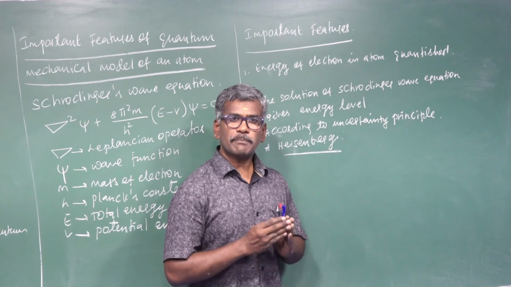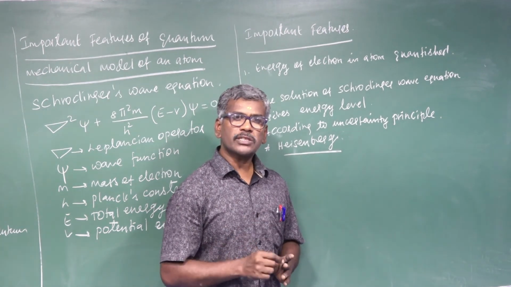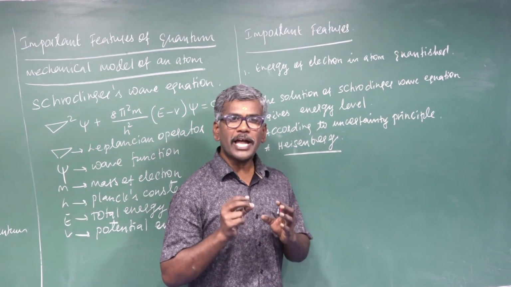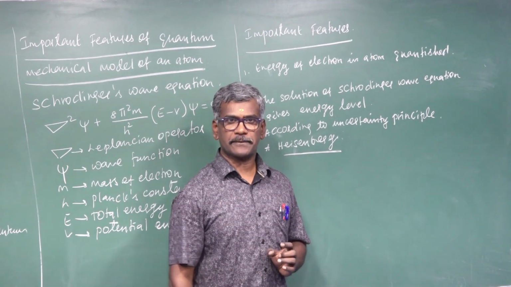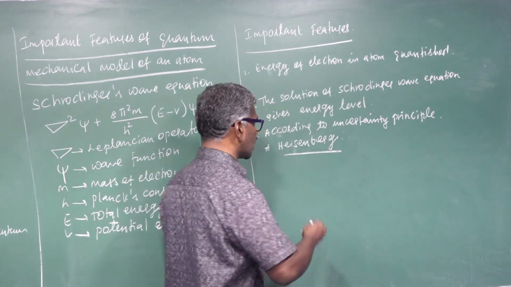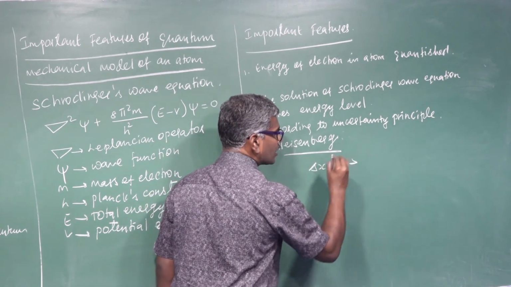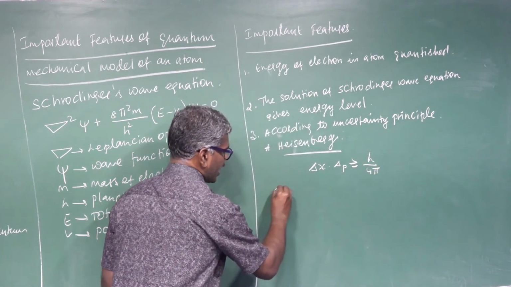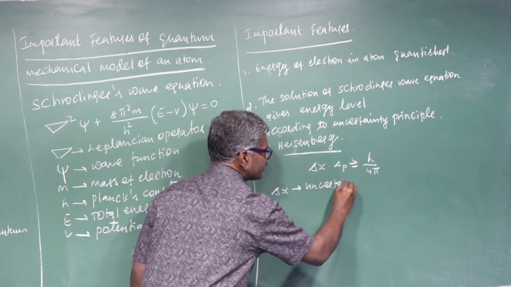It is impossible to measure simultaneously both the position and the velocity or momentum of microscopic particles with absolute accuracy. This is covered by the formula delta x into delta p is greater than or equal to h by 4 pi, where delta x is the